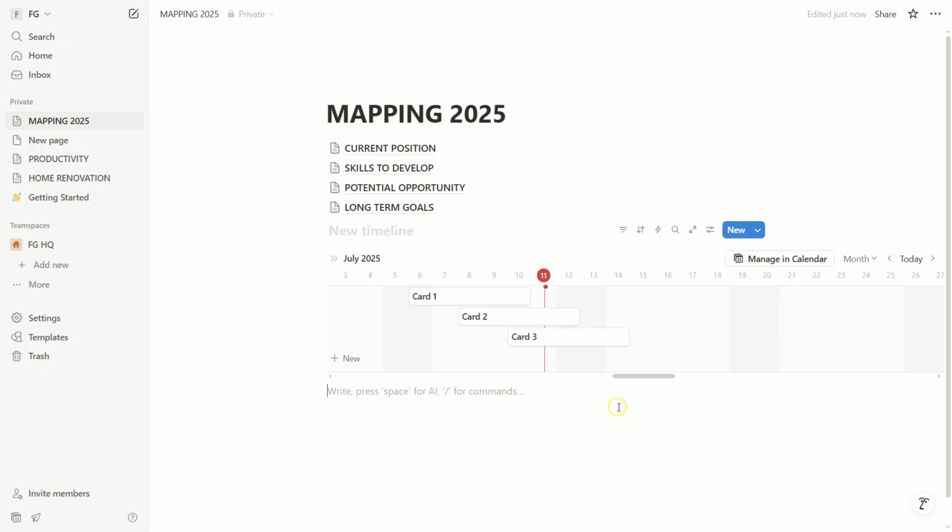Just a quick wrap-up. Today, we learned how to use Notion to map our career path, breaking it down into subpages and creating a visual timeline. This tool can be a game changer in